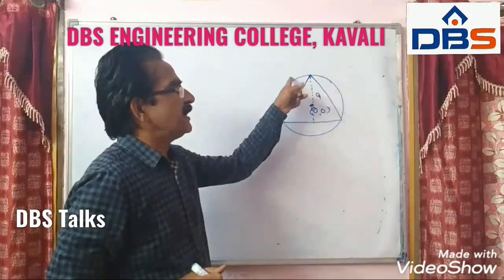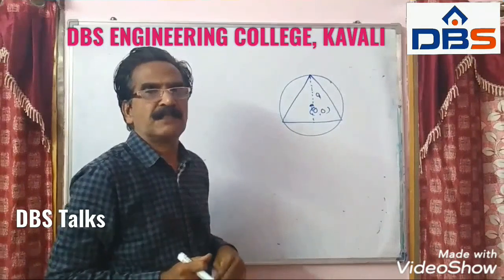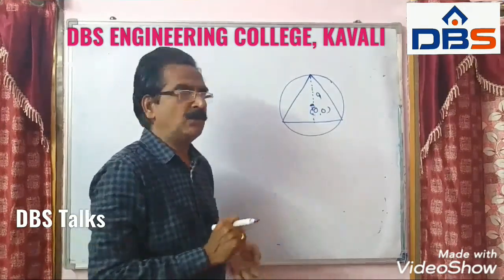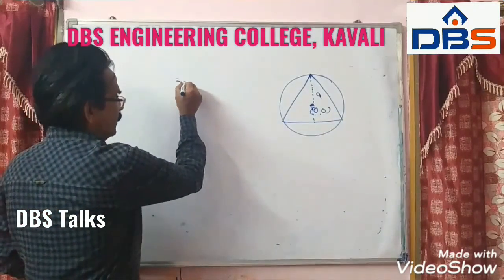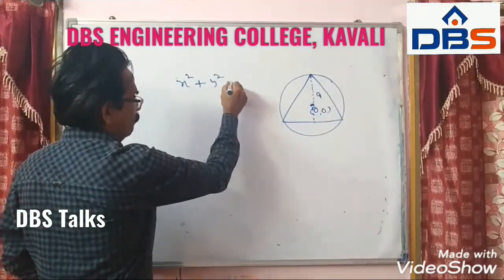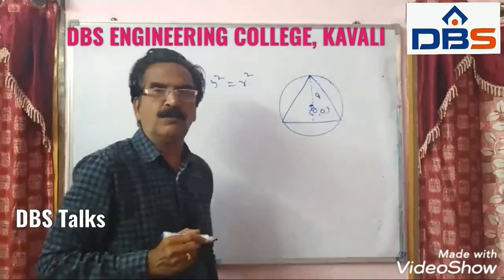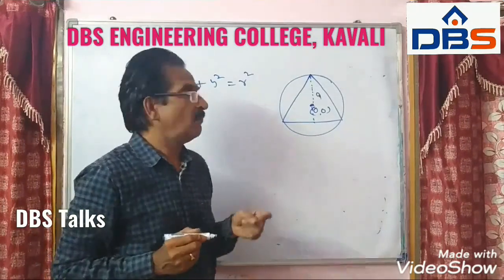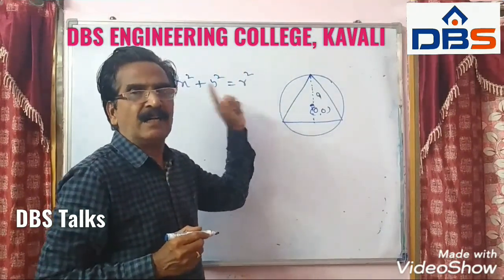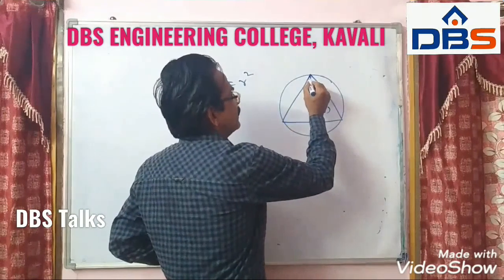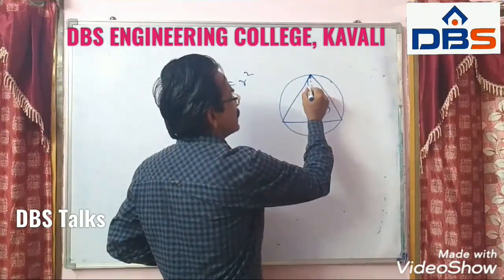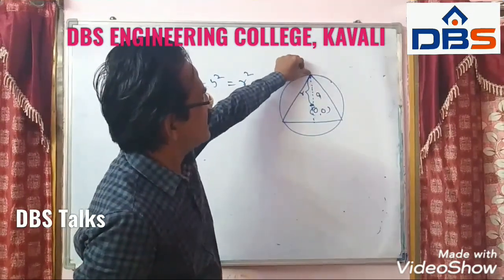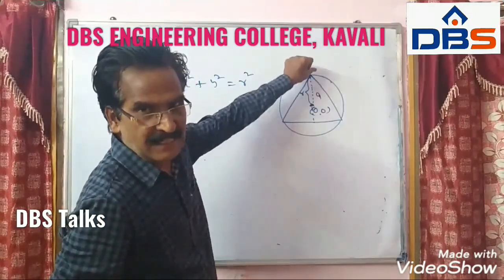See, you have to find the equation of the circle, the center of which is 0, 0. So if the center is 0, 0, the equation of a circle we know is x square plus y square is equal to r square. What else do we need? We need r. This is r. The total length is 9 units, friends.